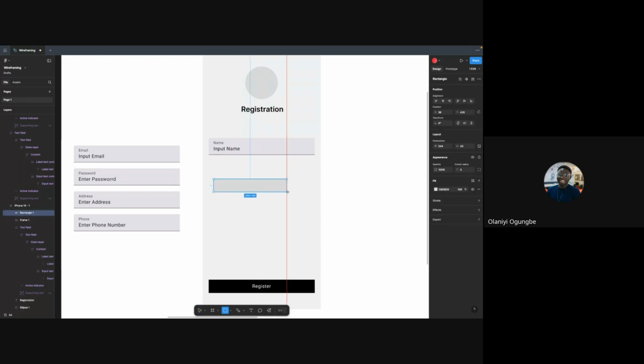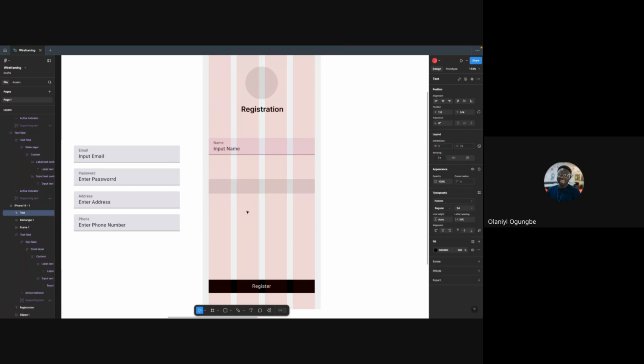So, rectangle. Let me add the layouts back. And then let me add the text, name. Let's make this 14. That's going to serve as our label, while this is going to serve as our placeholder: please enter your name.